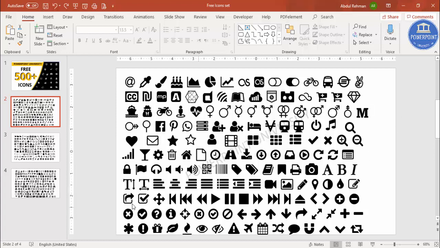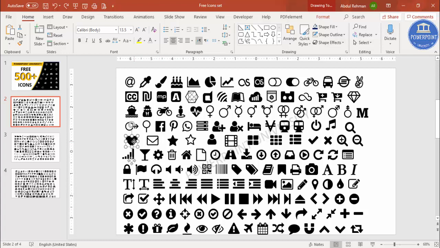For example, you can see here I've got the heart shape, the gears, the stars, the house, the employees, the power button. So many things are there, and the good thing is it is editable, and this can be changed to any color. Whenever you download anything from the net, only one color it will be there, either white or black, and it is very difficult to change the color. But here it is absolutely easy to change any color of your choice.